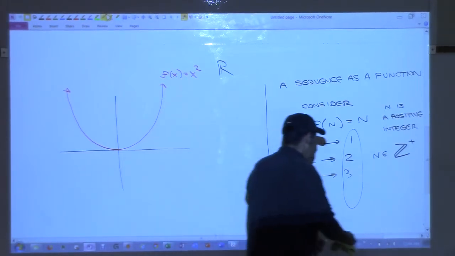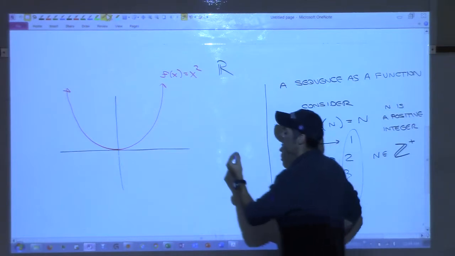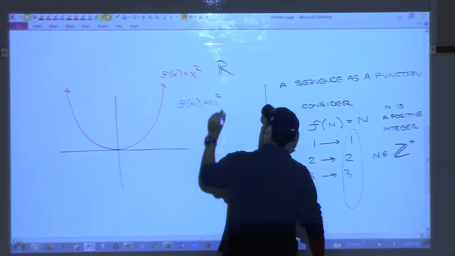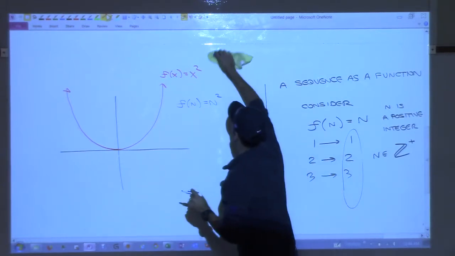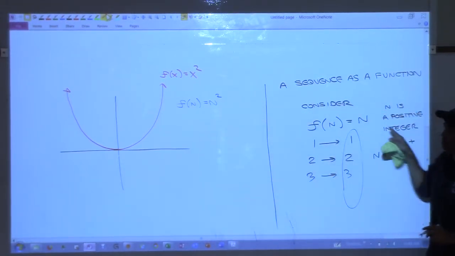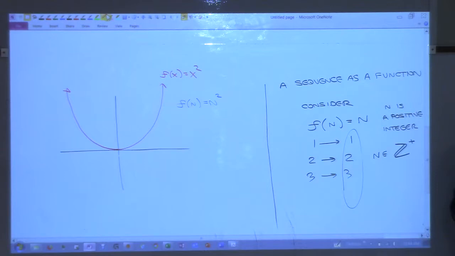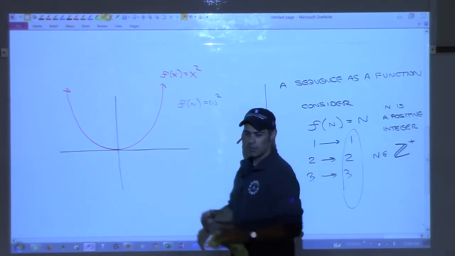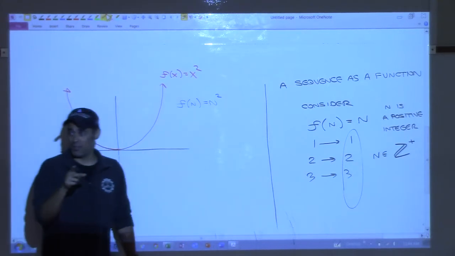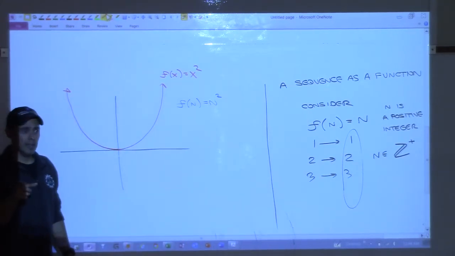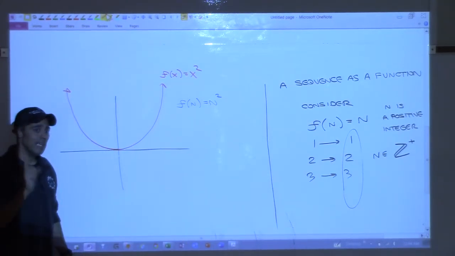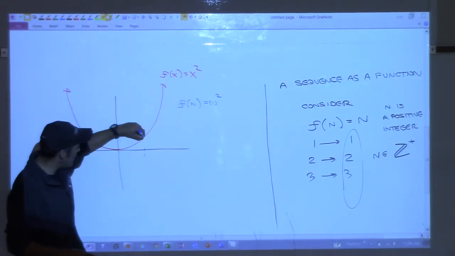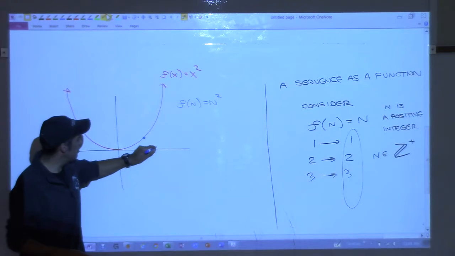But if I tell you to now just look at the function f of n equals n squared, and I'm telling you that your n has to be a positive integer, what is the picture? Just the right side? Close. Just dots on the right side, right? Because you can only plug in positive integers. So I can plug in 1, can't I? I can plug in 1 and I would get 1. I could plug in 2 and I would get,